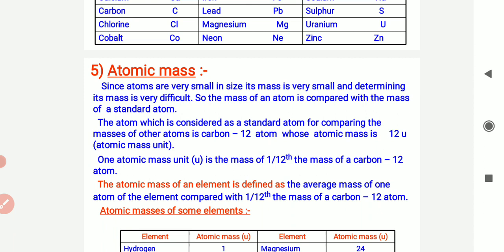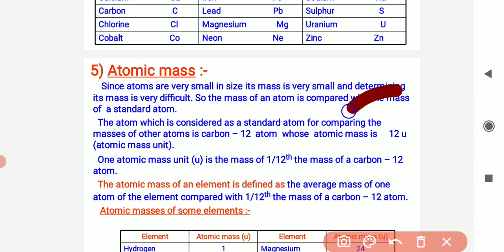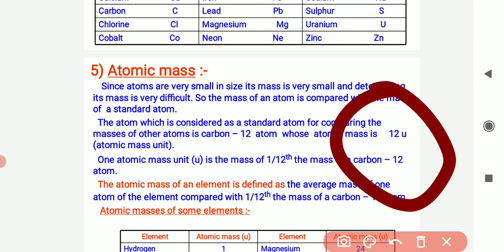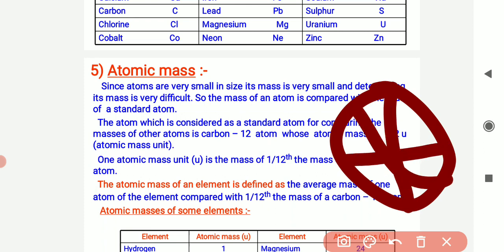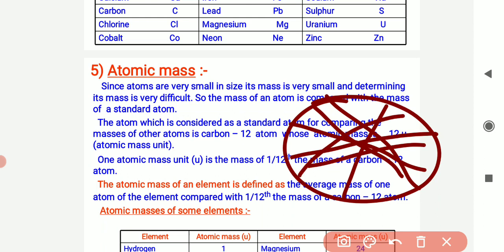One atomic mass unit, u, is 1/12 of the mass of a carbon-12 atom. Okay, is that clear to you all? What do you understand by this? If we take a pizza, imagine that it is a pizza. Okay, don't imagine that it is a pizza. Think that it is an atom. So we have to divide it into 12 equal pieces. Wait, the brush is too fat to draw here. See, here we have to divide it into 12 equal pieces. So what do we observe? Each part will be 1/12, and this is the standard form.